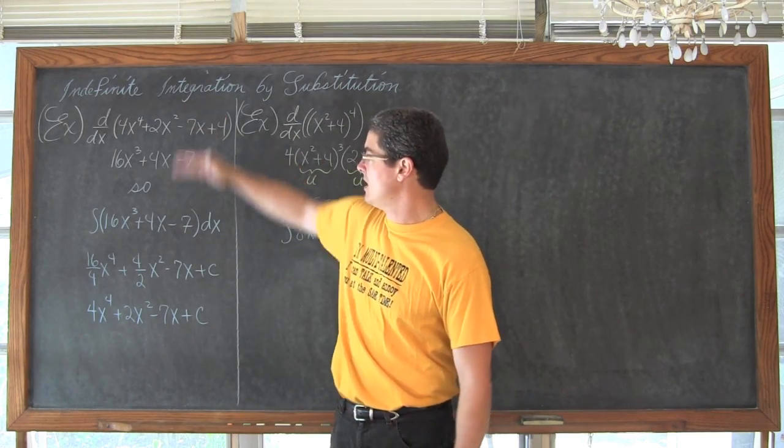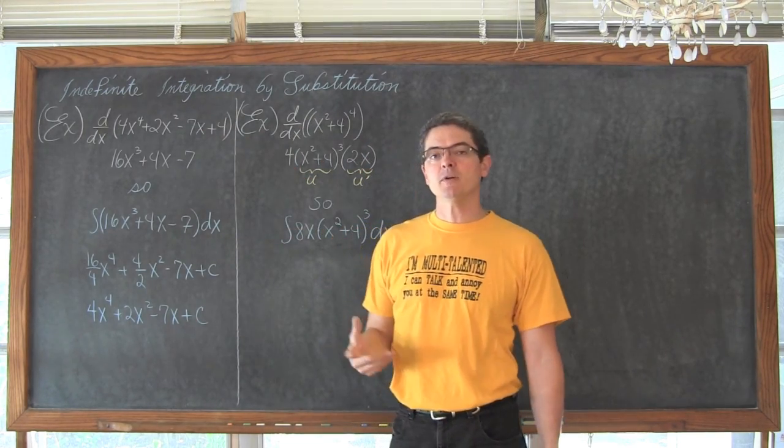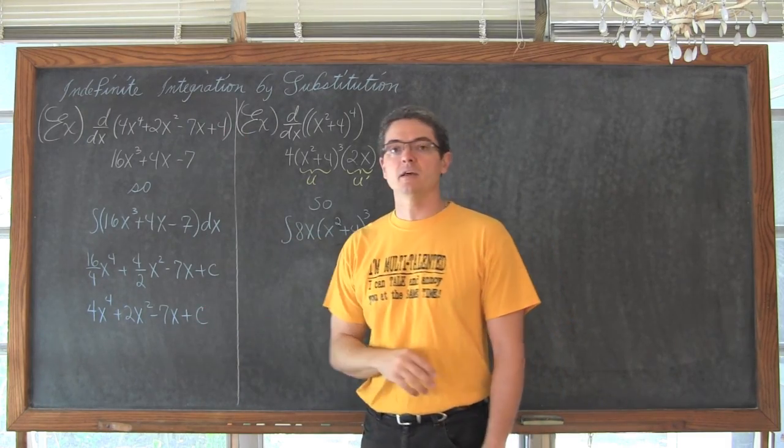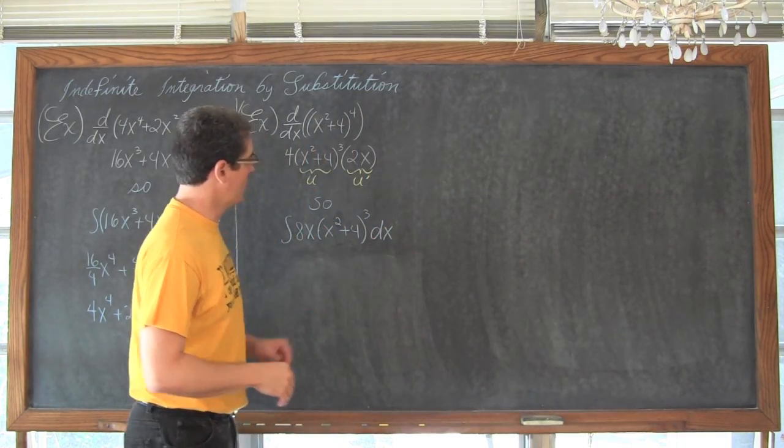So we do see that when we found the indefinite integral, we pretty much got back to the original problem, except of course, again, we don't know that constant at the end, the c, or 4.